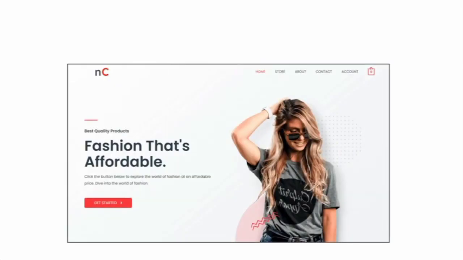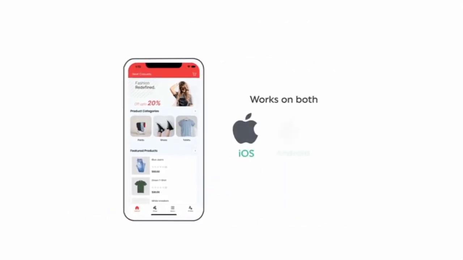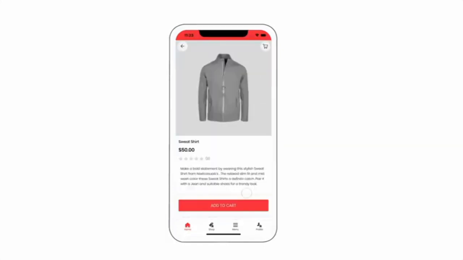Hi guys, today we are going to see how you can create an iOS app for your e-commerce site. Let's say you have a website like this. Now once you create this site, you can easily convert this entire site into a mobile app like this, which works on both iOS and Android. And anyone who's visiting your app will be able to add the product to the cart and then purchase it